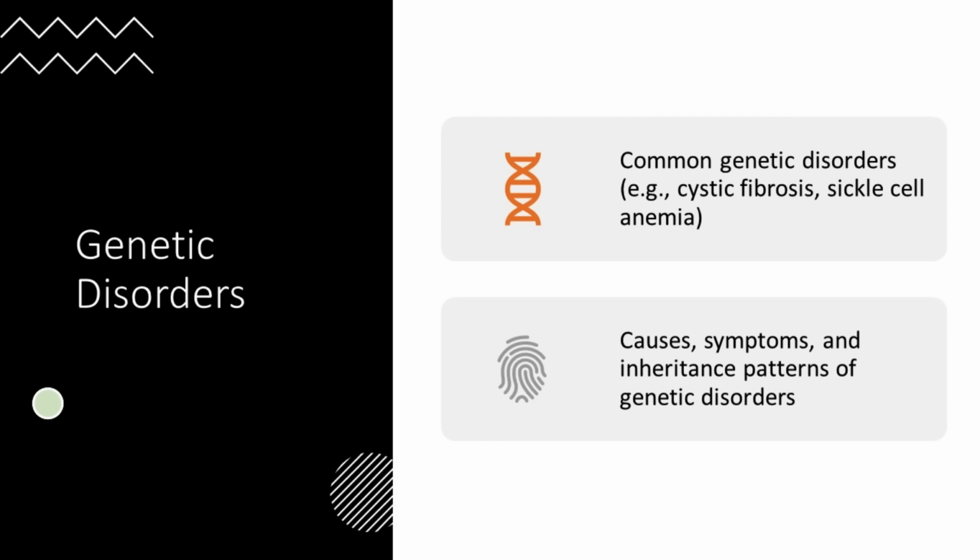Genetic counseling and treatment. Genetic counseling plays a vital role in helping individuals understand their risk of inherited disorders and make informed decisions about family planning. Advances in medical genetics have led to therapies like gene therapy, where defective genes are corrected or replaced, offering hope for the treatment of genetic disorders. Ongoing research in this field continues to expand our knowledge and improve the lives of individuals affected by these conditions.